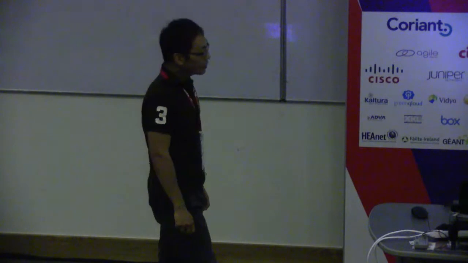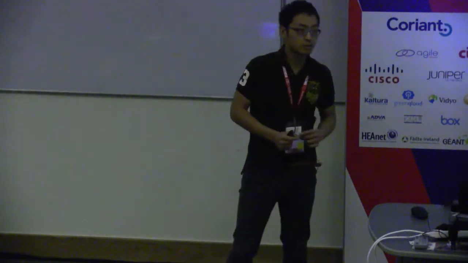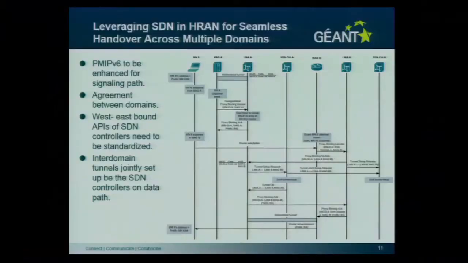So in order to do this, we need to enhance the PMIPv6 a little bit. How to do this is still like this. As long as our node X enters into a new domain, domain B, this will be discovered by the MAG-B. And the MAG-B will say, okay, I'm going to send a message to my anchor saying, please forward all the traffic bound for this X from domain A to me.